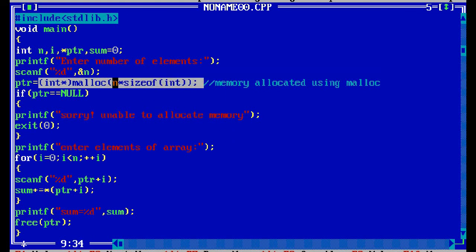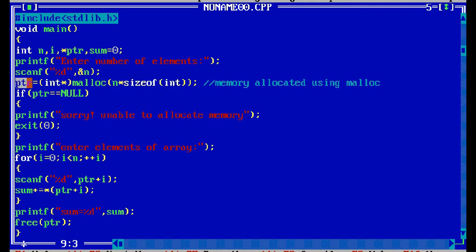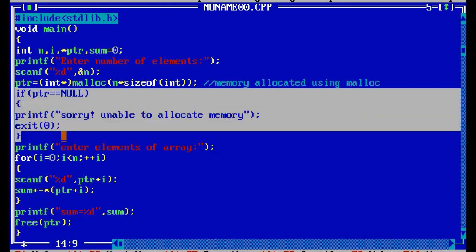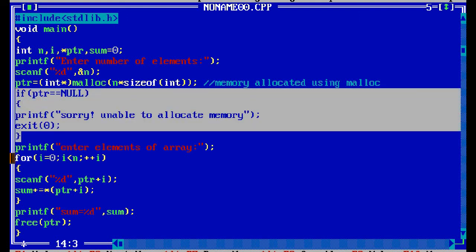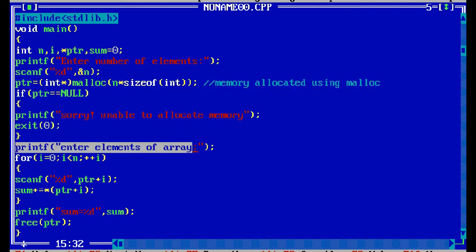Whatever size you give will be created using the malloc function. That size n will be passed here, and that many integer elements will be created and stored into the pointer variable. If memory is equal to null, it prints unable to allocate memory. It is not equal to null, so we gave size 3. After this if condition fails, it will come to this statement: enter elements of array.